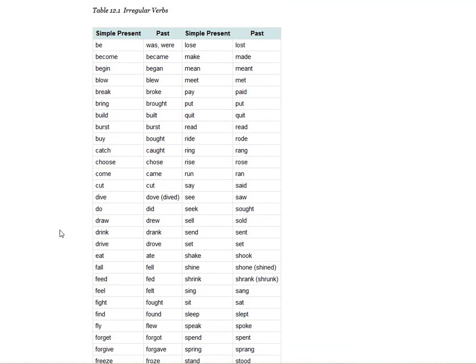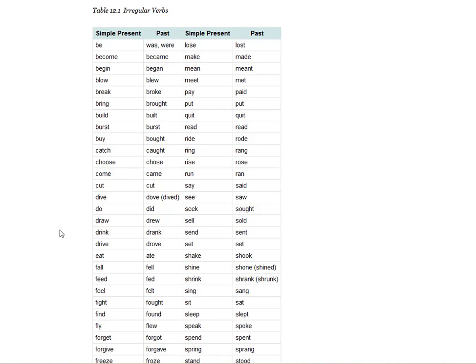So be, was, were, been; become, became, become; begin, began, begun; blow, blew, blown; break, broke, broken; bring, brought, brought; build, built, built; burst, burst, burst; buy, bought, bought; catch, caught, caught; choose, chose, chosen; come, came, come; cut, cut, cut; dive, dove or dived, dived; do, did, done; draw, drew, drawn; drink, drank, drunk; drive, drove, driven; eat, ate, eaten;